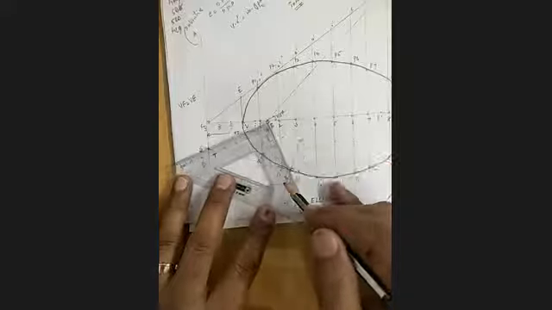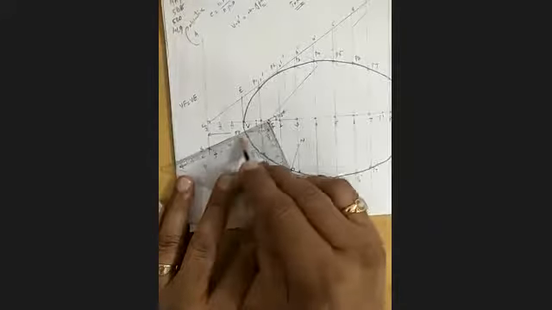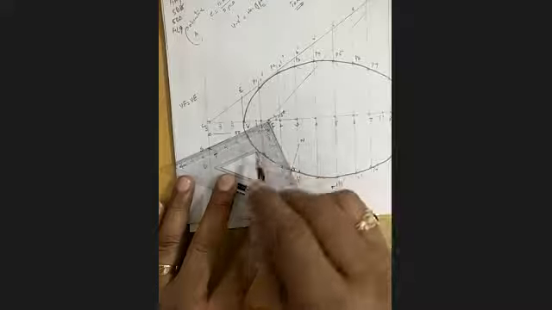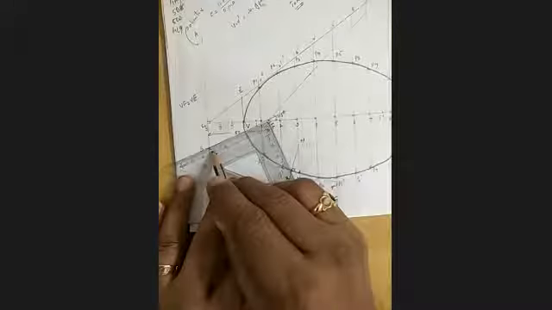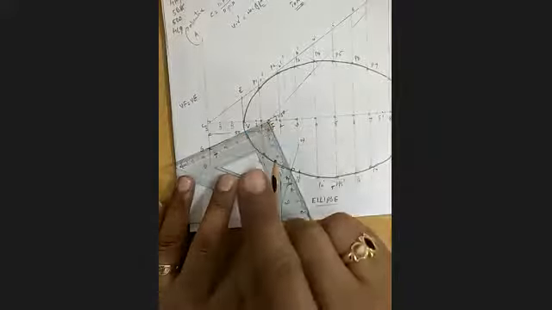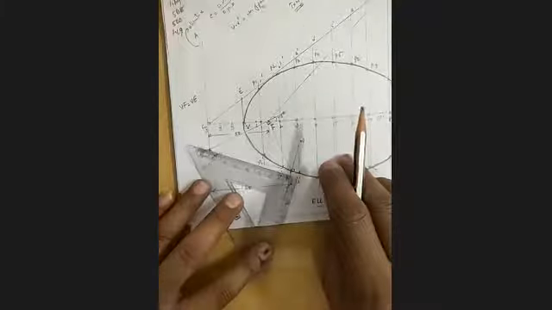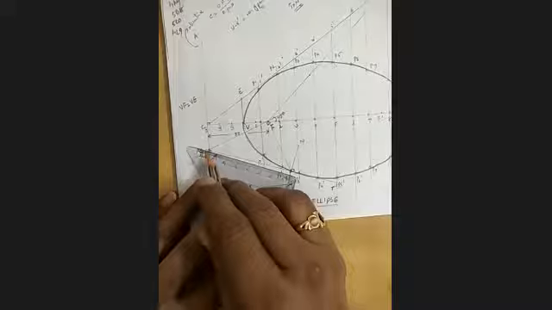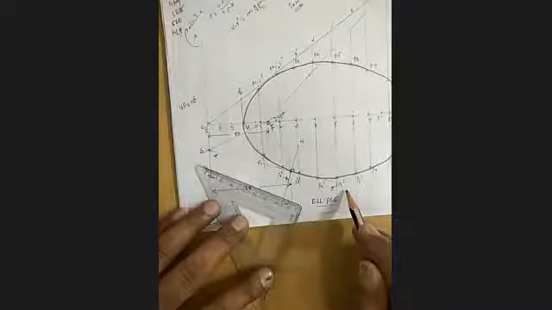Now look, this shows 90 degrees. This side is parallel, this side is, what is the relation between these two? Perpendicular. If it is parallel, it is perpendicular. I drew a perpendicular passing through the focus in such a way that it has to cut the directrix line. Then join that cutting point on the directrix with X. It acts as a tangent.